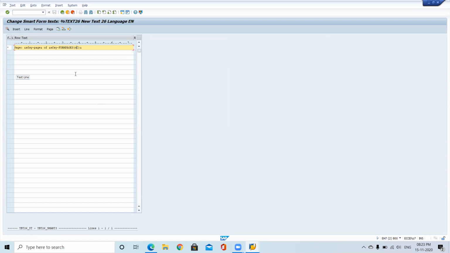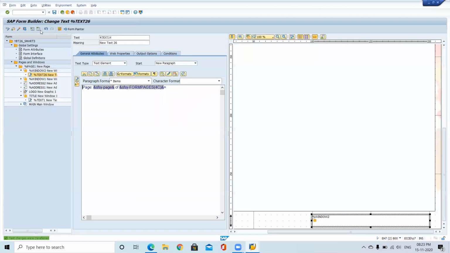At the same time, you are removing unnecessary spaces by using C. So you applied two controlling commands: restricting length to 4, and at the time of displaying, removing additional spaces with C. The remaining things are the same. Nothing changed at the variable level. Now just activate.